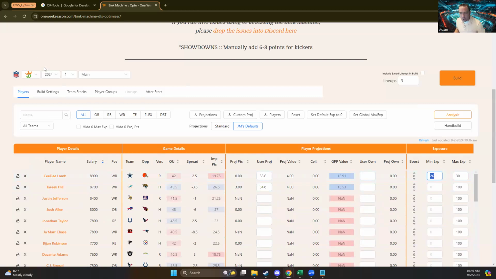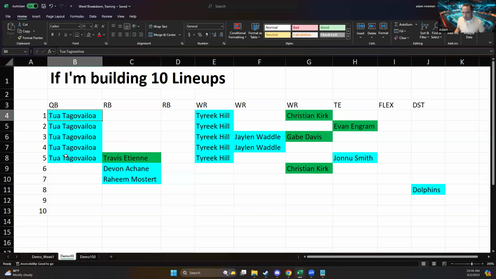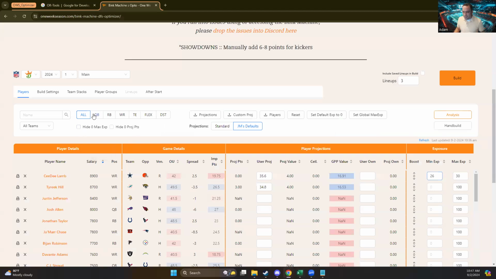This is game changing in my opinion. For instance, remember our week one breakdown where I said I want to play 50% Tua? I can actually tell the Bink machine this exact thing. I go to quarterback, I type in Tua, there's Tua.